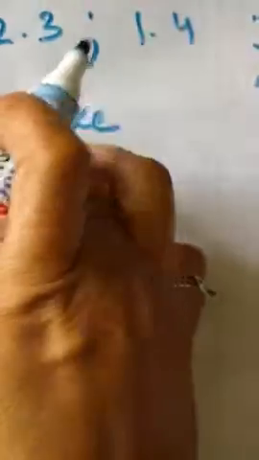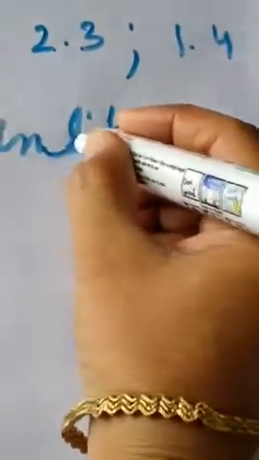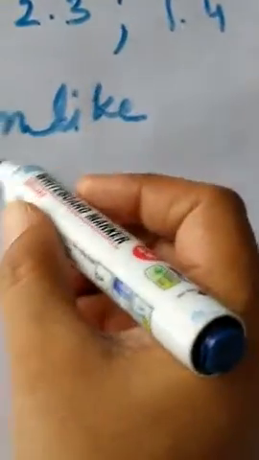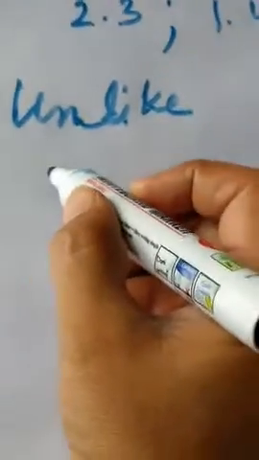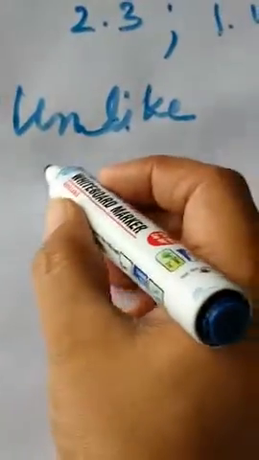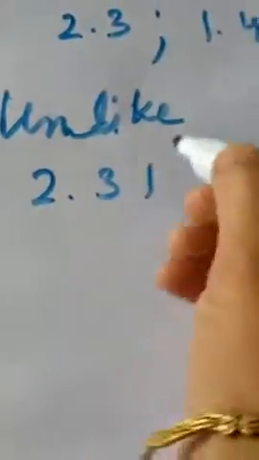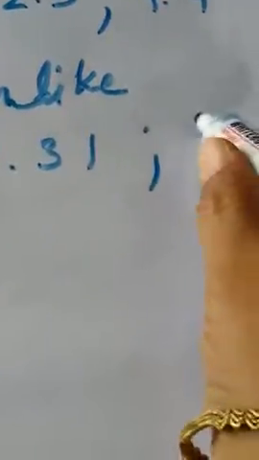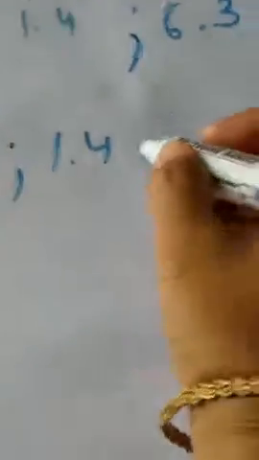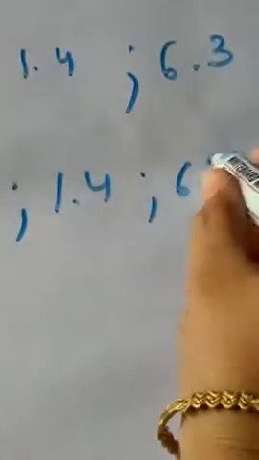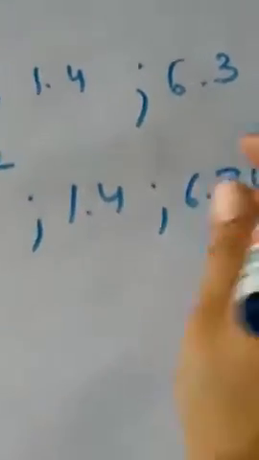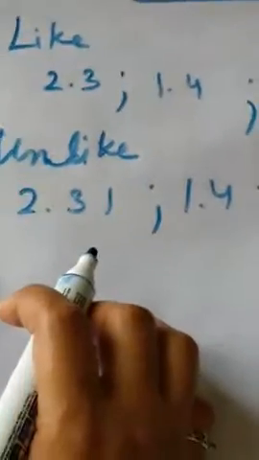Unlike decimals. In unlike decimals, there is an unequal number of digits after the decimal, like 2.31, 1.4, 6.300. Okay, these are unlike decimals. Okay, next is